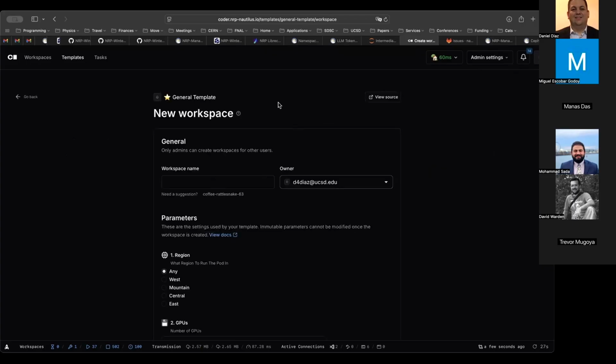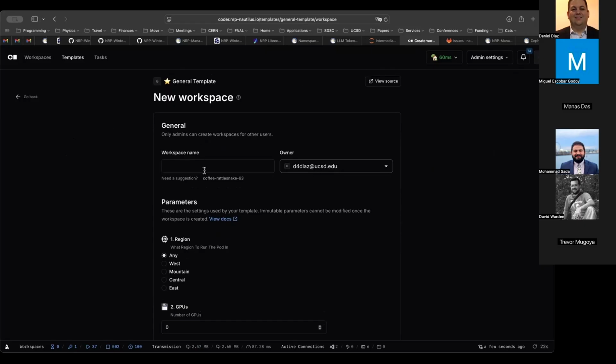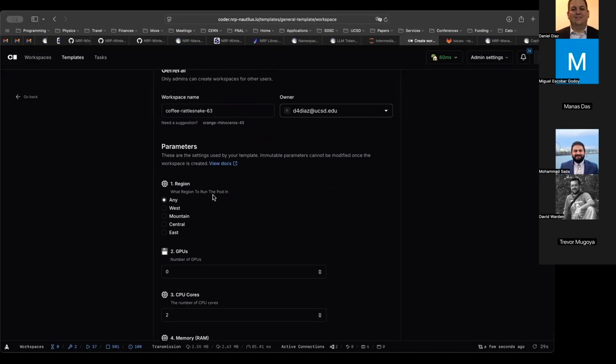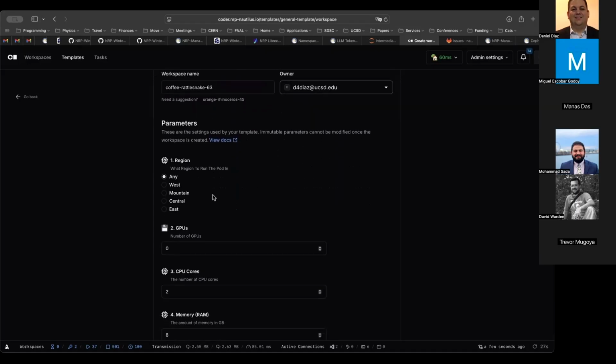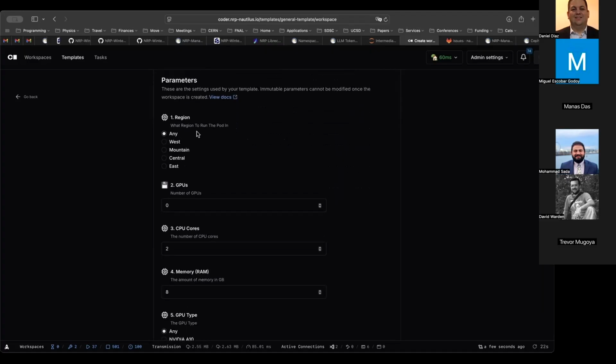And then what you'll see next is a picker page similar to the one that we had when starting the JupyterHub server. So I'll give it a name, tutorial. Yes. Oh, and they even give you nice, strange little suggested workspace names. And then you could pick options just like you did for JupyterHub,